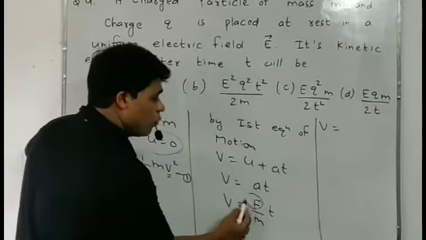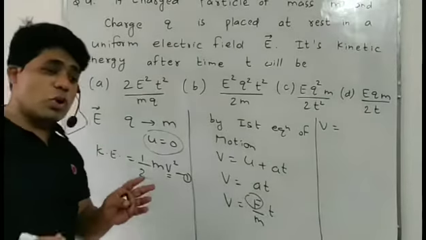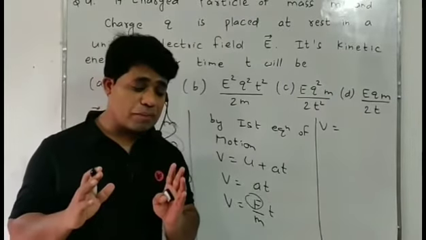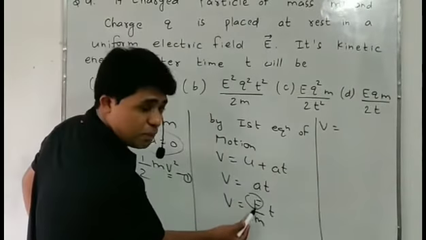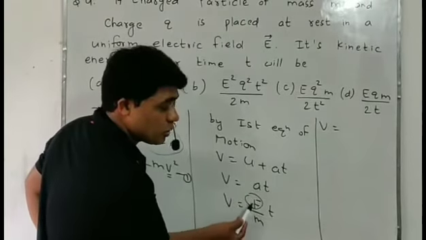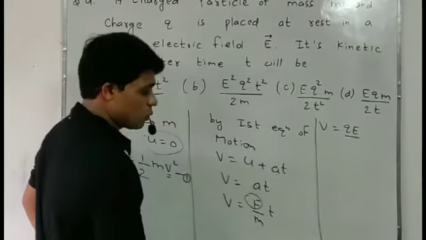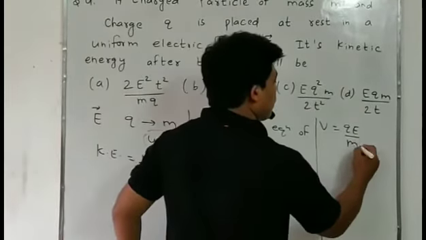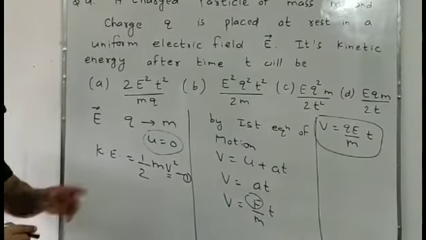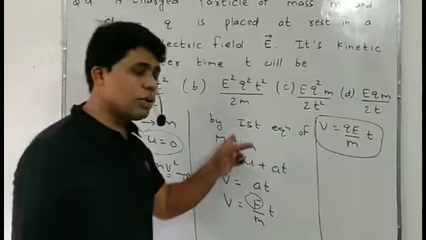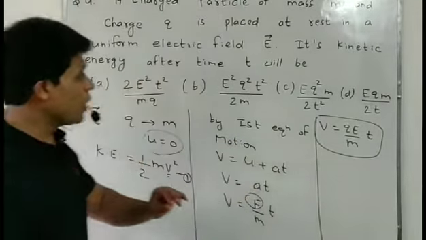And force, whenever a charged particle moves under the effect of an external electric field, the force is said to be electrostatic force. So acceleration is first replaced by force by mass, time as it is. Now force is replaced as QE, electrostatic force, by m and t. This way we got the final velocity of the charged particle. Initial velocity we are given 0. By using the first equation of motion, we got the final speed. But now we have to find its